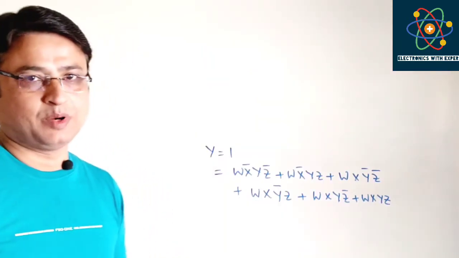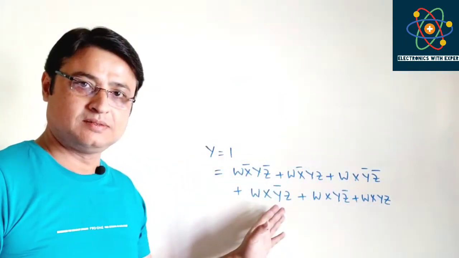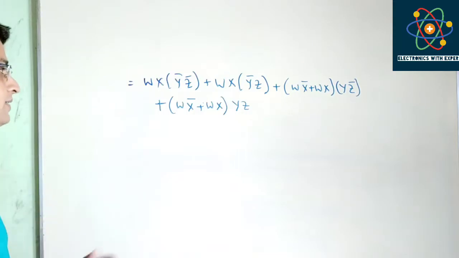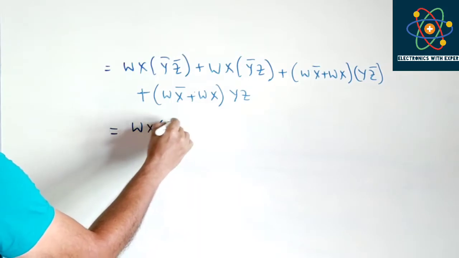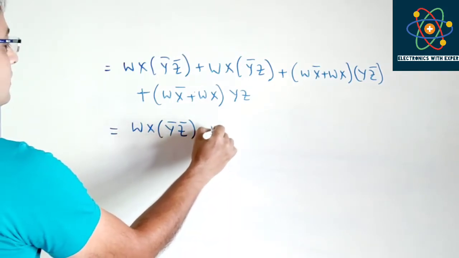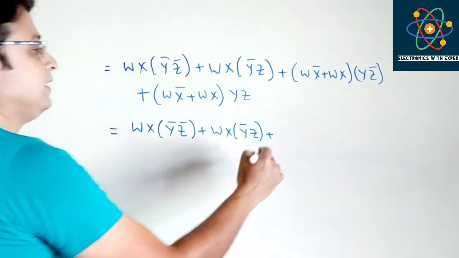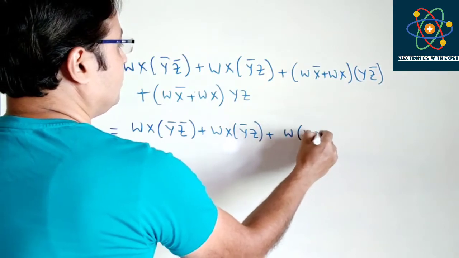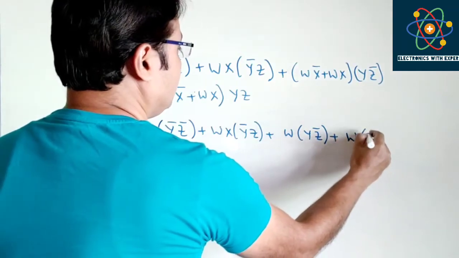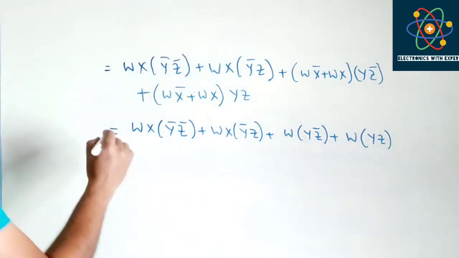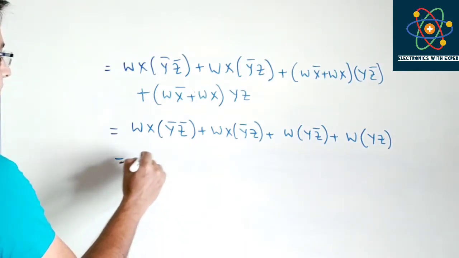From the statement of the problem we find that the output will be 1 for these 6 terms. On simplification I get this. Now the next step should be W X Y bar Z bar, W X Y bar Z. The third term can be reduced as W Y Z bar, and the fourth term can be reduced as W Y Z. Now this can be reduced again and we can write it as I0